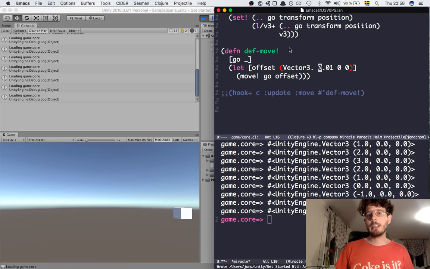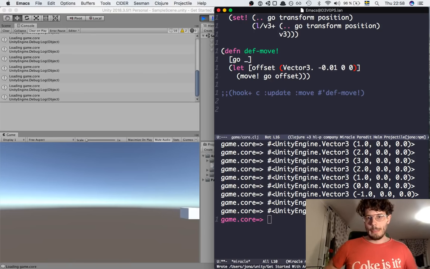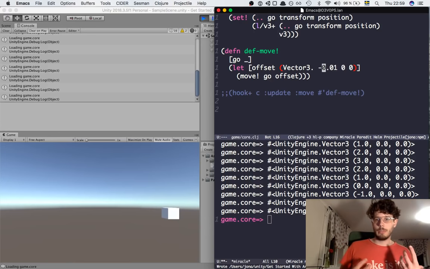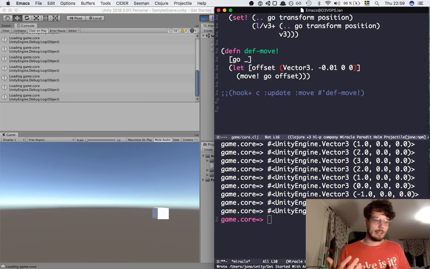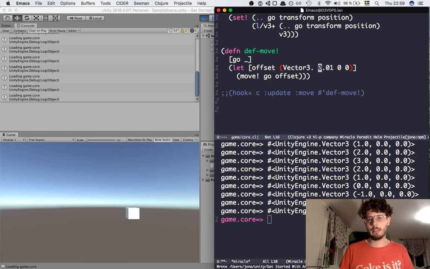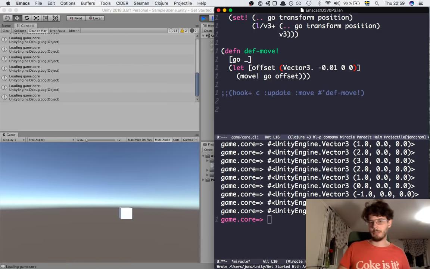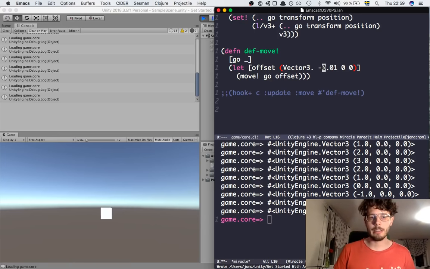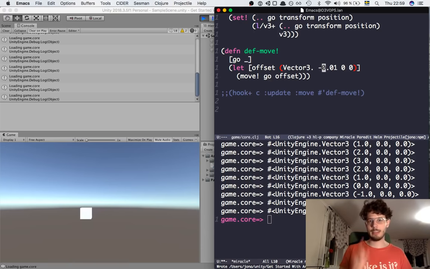So for example, maybe you want to create a role which adds movement, and maybe you want a default speed, but you also want to be able to change the speed for different characters, or maybe depending on if they're stunned or whatever. Then you have a lot of possibilities with roles. But I can't go into that right now, so I think you should try what I did in this video,